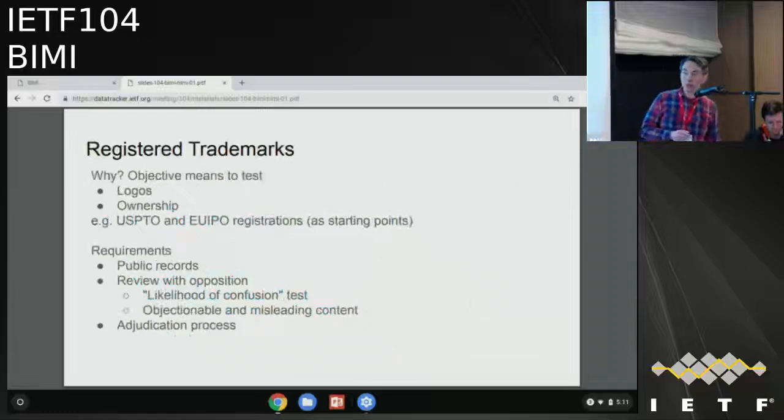So what we propose to use as a basis for working with these logos, and this is to that point about what it is that is the basis for a valid validation, is use of registered trademarks, right? Because what it provides is a useful and, in some sense, legally correct means to say who owns that logo. It has logos, of course, as part of the registration. It provides a set of standards for doing things